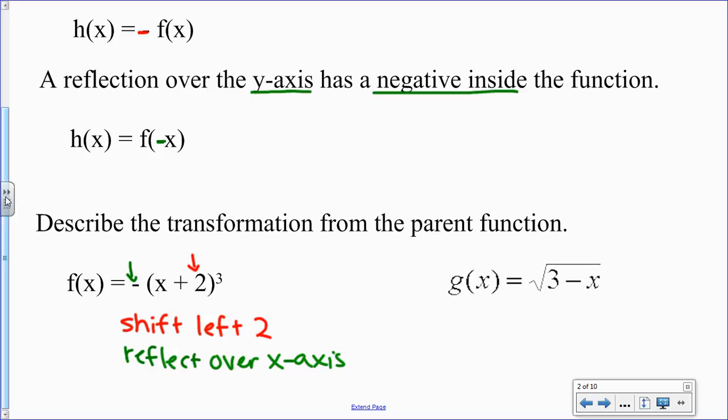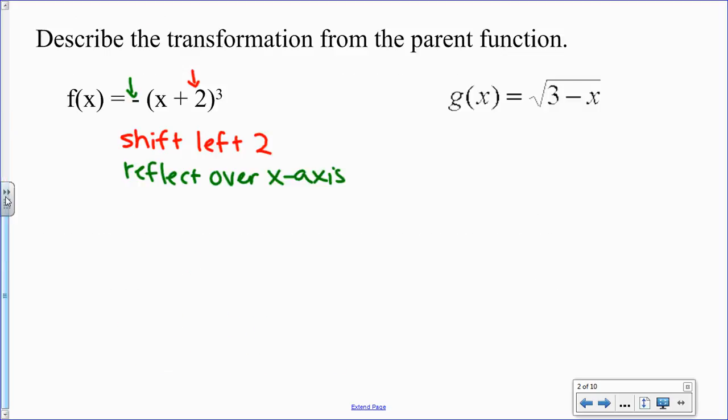Okay? Let's look at our next example. So this example,